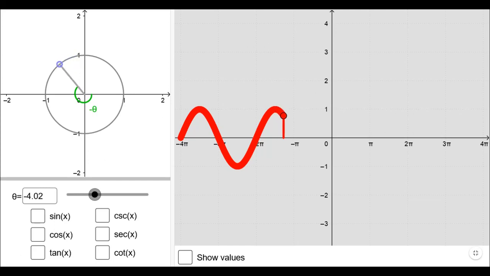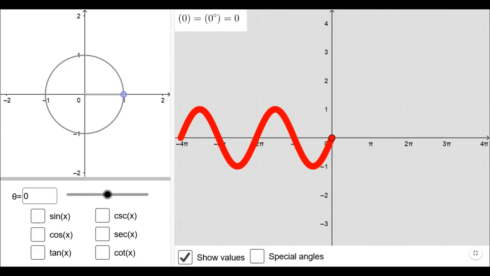And you can see the graph of the function. This graph crosses the x-axis at all multiples of pi, because sin x is 0 when x is a multiple of pi. That means sin pi is 0, sin 0 is 0, and you can see this point, it crosses the x-axis at 0, 0. It continues like this.